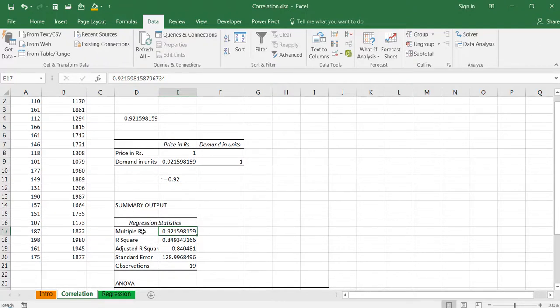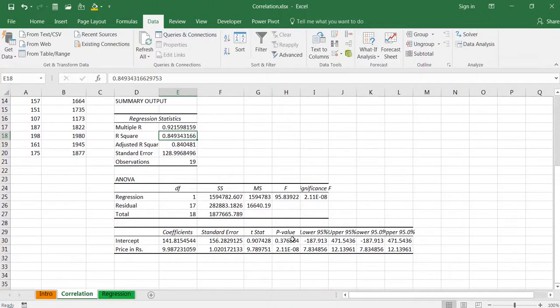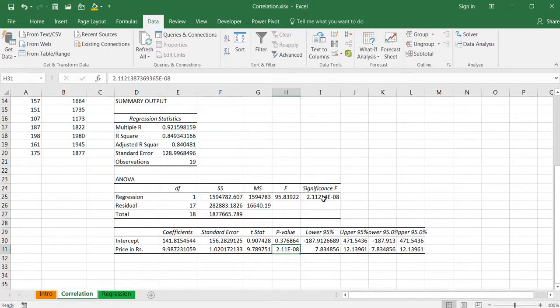So this is your small r, Karl Pearson's coefficient of correlation, and this is your r square, and here is your p-value. You can find the significance F and your p-value, both are having the same result, and your p-value is shown here